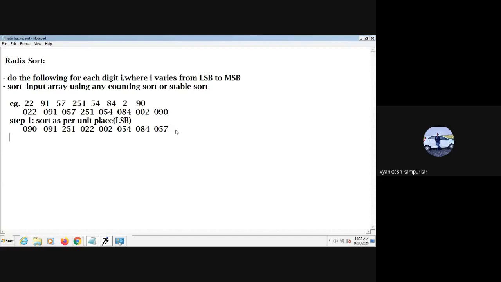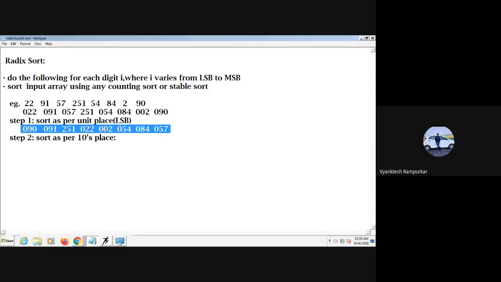Okay, then in step 2, we sort as per tens place. So in step two we have to consider the array which is generated in step one, and here we have to sort as per tens place. So which number comes first?